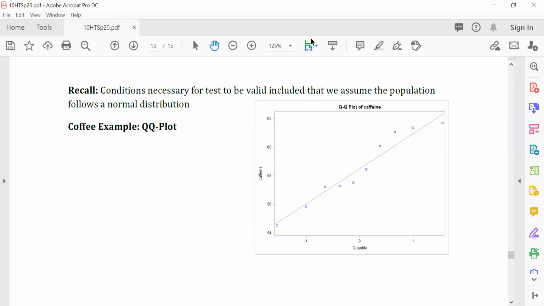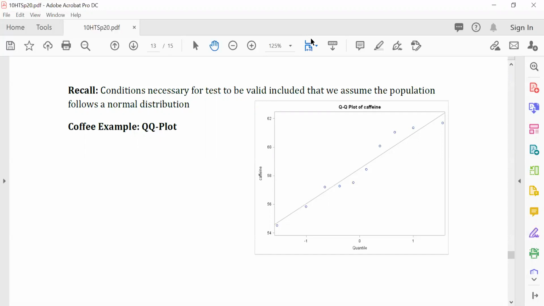Okay, in this video, we are going to talk about the QQ plot, or the normal probability plot. That's the name in your textbook. If you still remember, when we conduct a hypothesis test, the second step is to check the conditions. The assumptions necessary for the test to be valid include that it is a random sample and